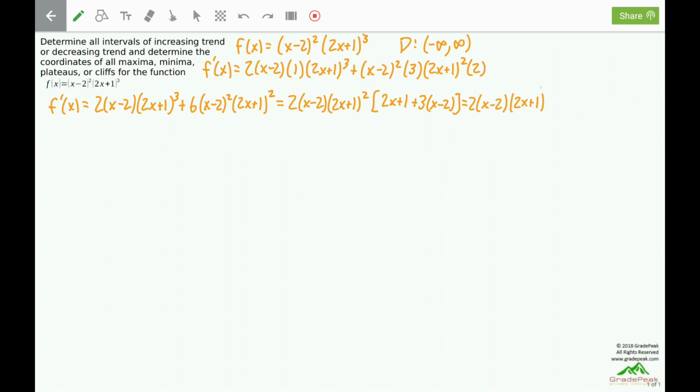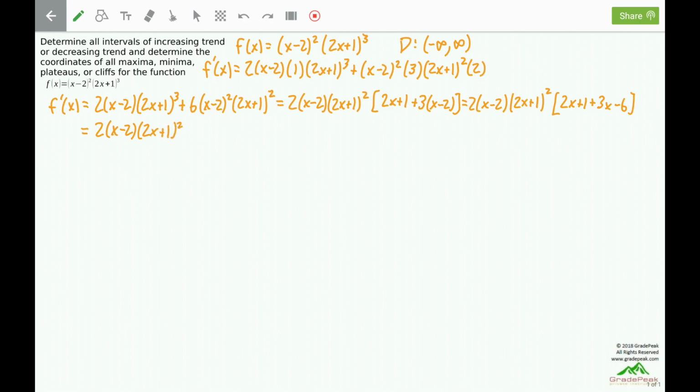Inside of the square brackets, we will want to simplify that so we can distribute the 3 in here. So we have 2x plus 1 plus 3x minus 6, so we have 2 times x minus 2 times 2x plus 1